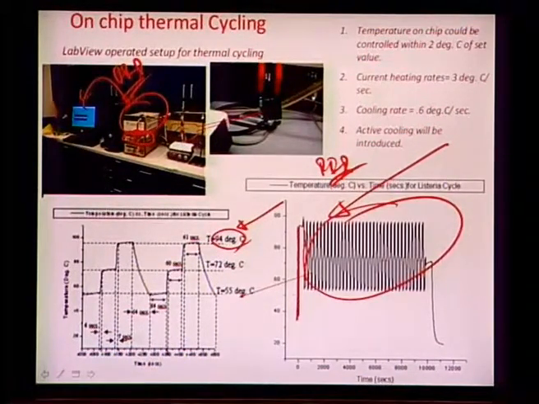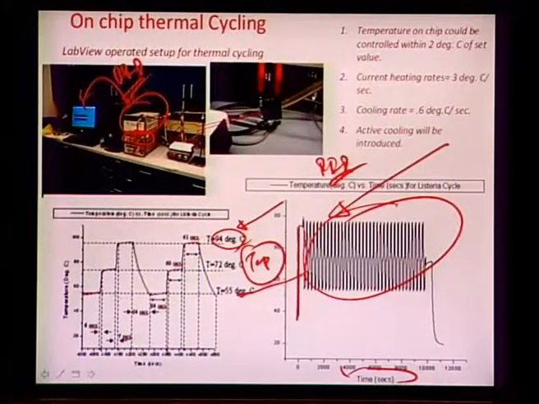This is essentially the temperature time curve. Time is in seconds, temperature is in degrees Celsius. If I take just one section of this, it looks like this here. As you see, this is the 95 degree point, this is about the 55 degrees point or 52 degrees point, and this is close to 72 or 73 degrees Celsius. So, this is the 3-step temperature sequence of the PCR process, and this goes rapidly. However, the only